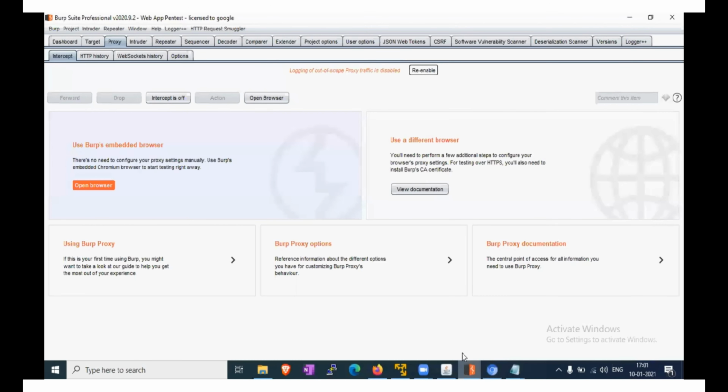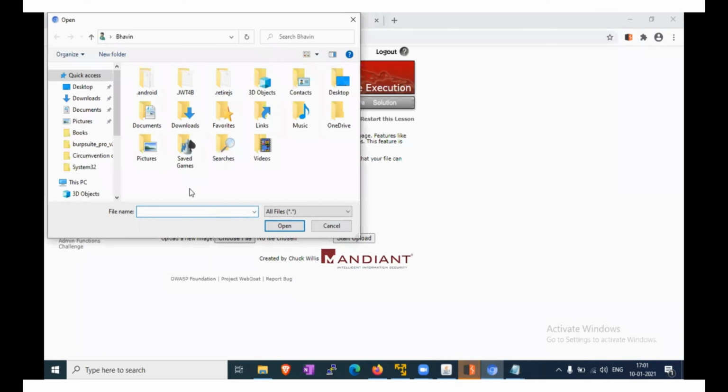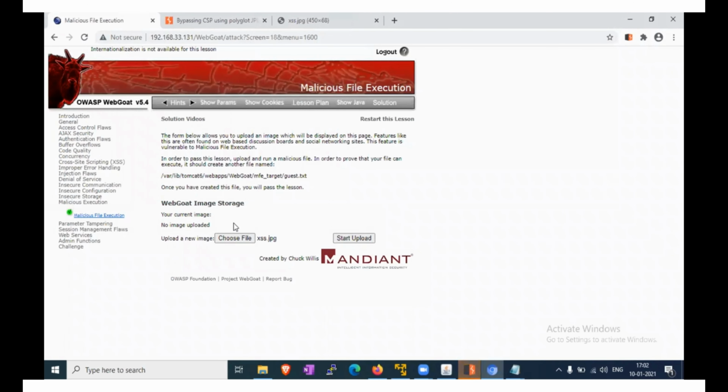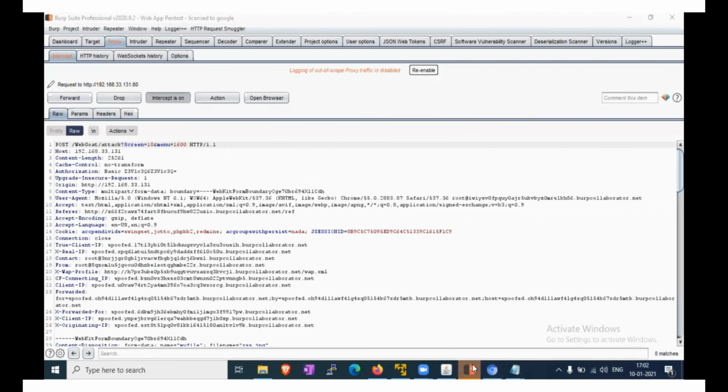First we are intercepting the request, so just enable intercept on for the desktop XSS image. Now start upload.